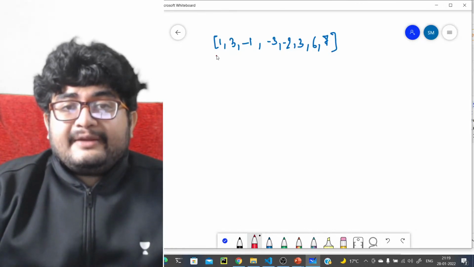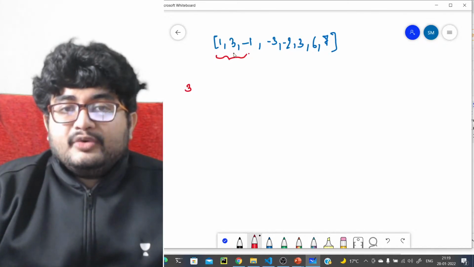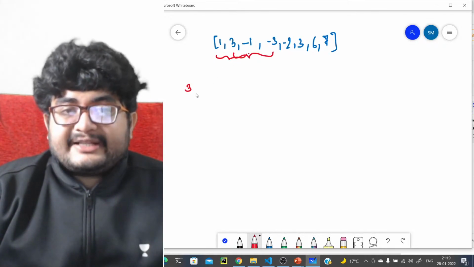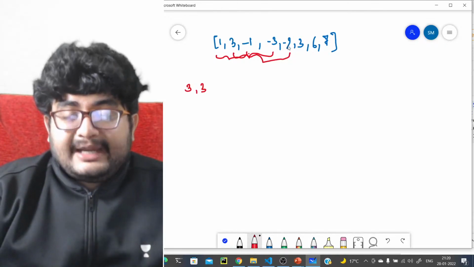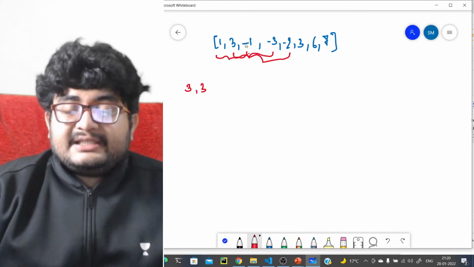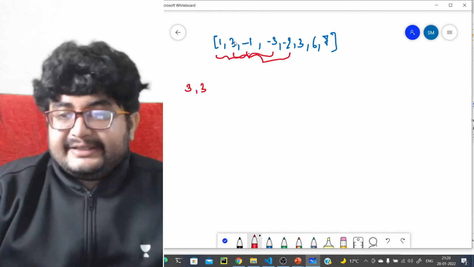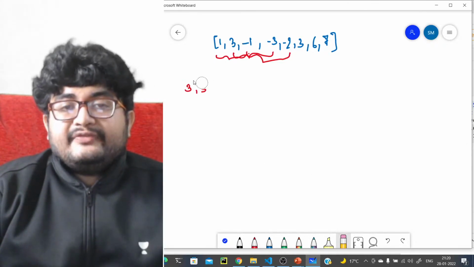First of all, we are at 1, 3, minus 1. The maximum element is 3. When we move to 3, minus 1, minus 3, the maximum element is still 3. But when we move to minus 3, minus 1, minus 2, the maximum element becomes minus 1, which is actually lost because 3 was the maximum element in the first window. So definitely if you are maintaining like this, you will lose information.